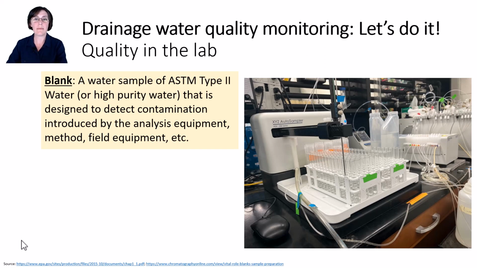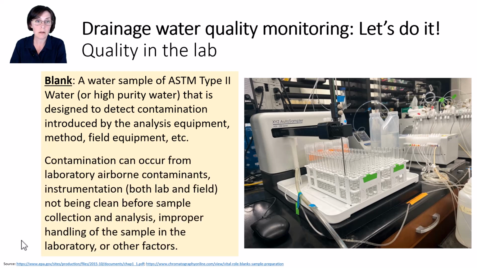We make sure our lab analyses satisfy these components of quality by practicing lab QA/QC processes. For example, check standards, duplicates, spikes, and blanks. Starting with, what is a sample blank? This is a high purity water sample that's analyzed along with your other water samples to detect contamination. This high purity water should have nothing in it so that it should come back at 0 in the analysis if there's no contamination in your sample process, which can happen a variety of ways.